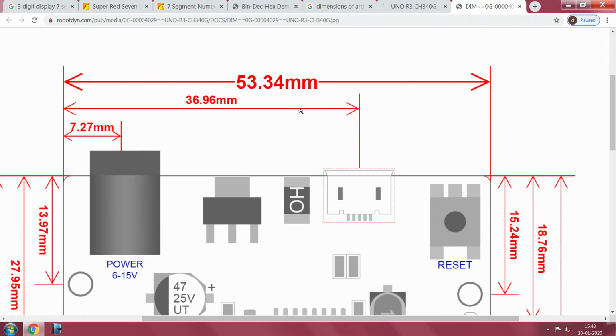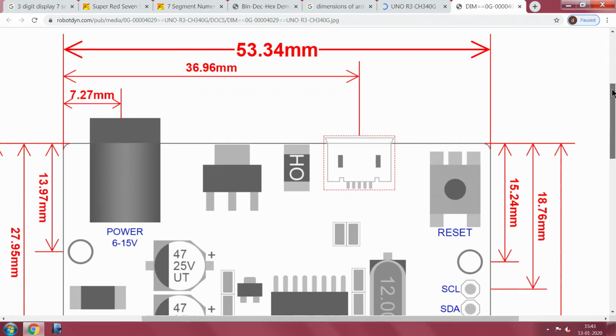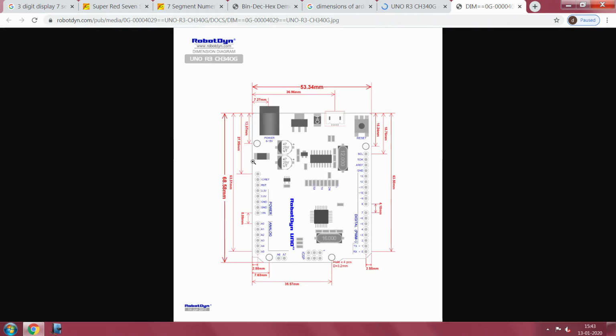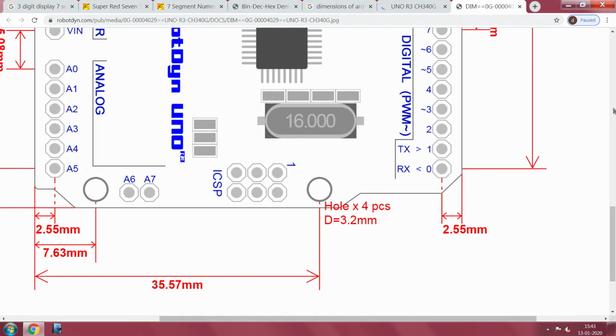Critical things they have mentioned here, saying what should be the outside dimension, approximately 53 something. And something which is equally interesting is that they have put mounting holes. There are two mounting holes here, there is a mounting hole here, and they have also given holes at 4 places, diameter 3.2 mm. So, when you have these things, it is